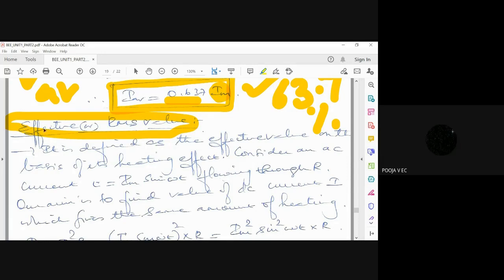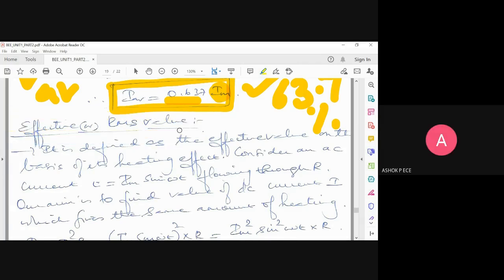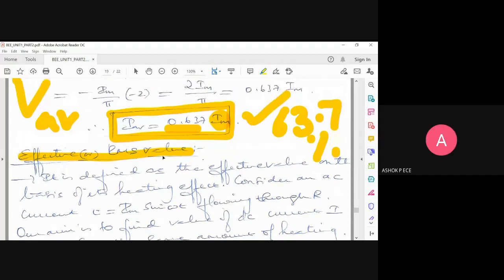Sir, but the actual value varies, no, sir, each and every second. That's why for every instant it is going to vary. So to find an effective value of power, how much it is happening after one full cycle, I am going to use the RMS value. Sir, but cannot the average quantify that, sir? For the average I have taken only the half cycle. I didn't take a full cycle because for the full cycle the average is 0, right?